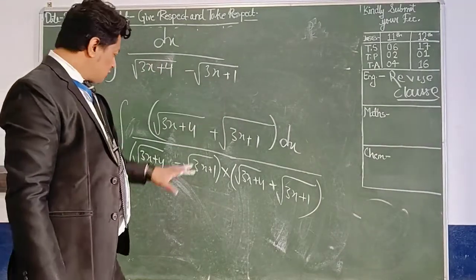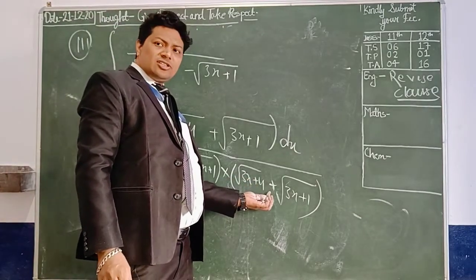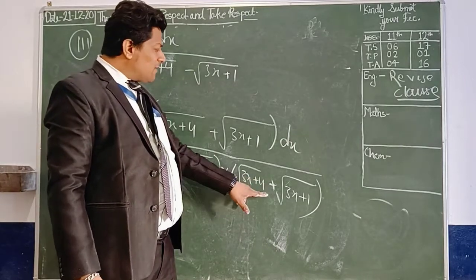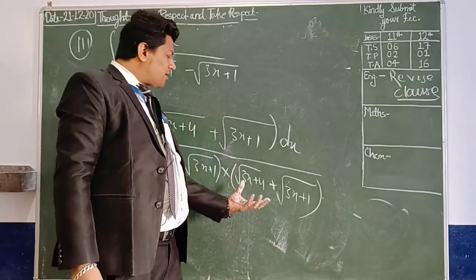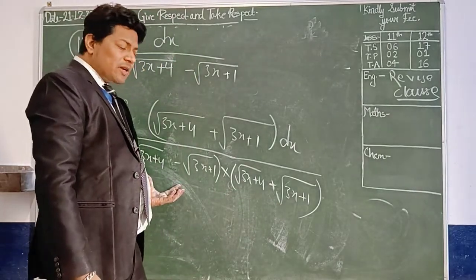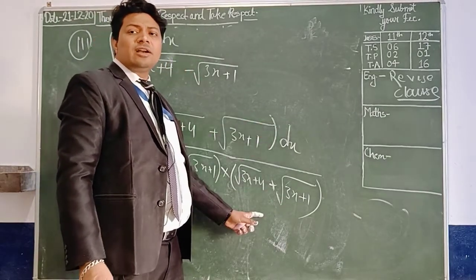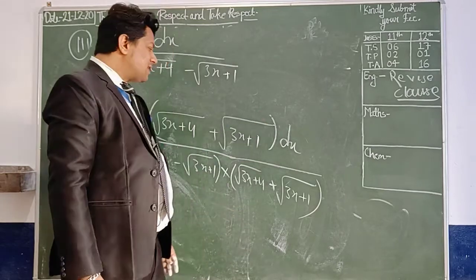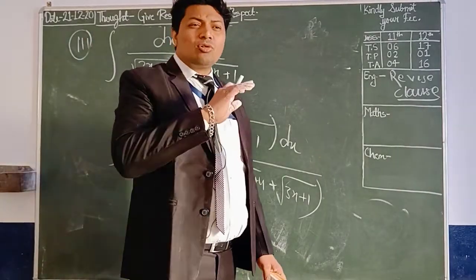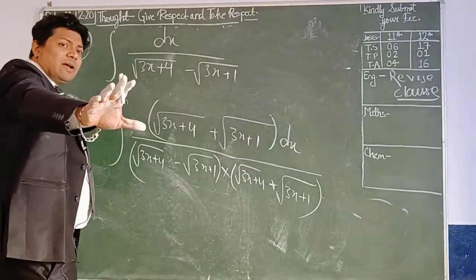What about this one? 3x plus 4, 3x plus 1. Negative, multiply with the positive. Rationalization: here we have a negative sign, so we will take positive here and multiply both the numerator and denominator by this term. Is it clear? In rationalization, whatever you are getting in the denominator, you only need to change the sign, and after that multiply both numerator and denominator with the same term. Is it clear? If you multiply in both numerator and denominator, there is no impact at all on the function, and no impact on the fraction.